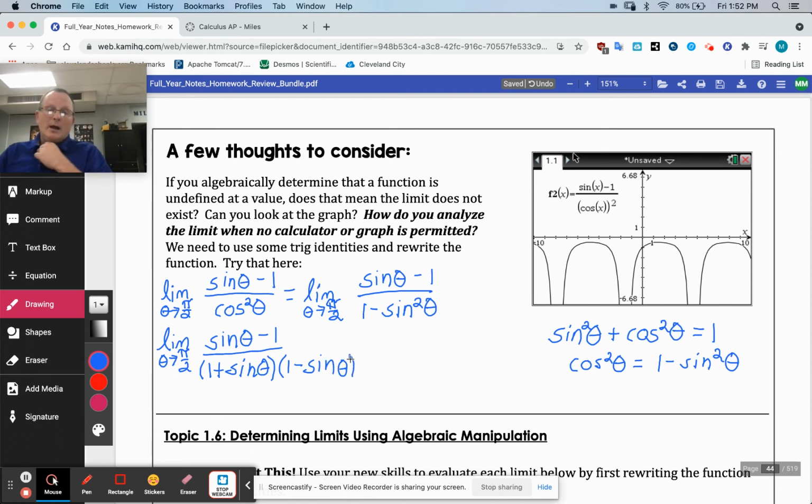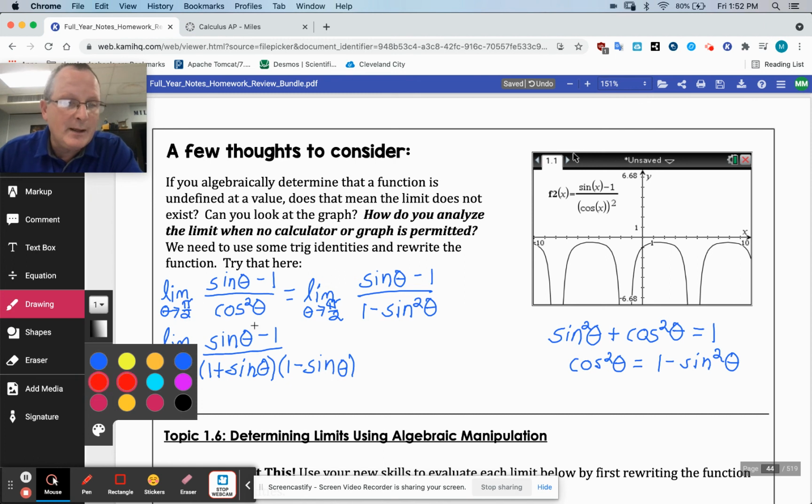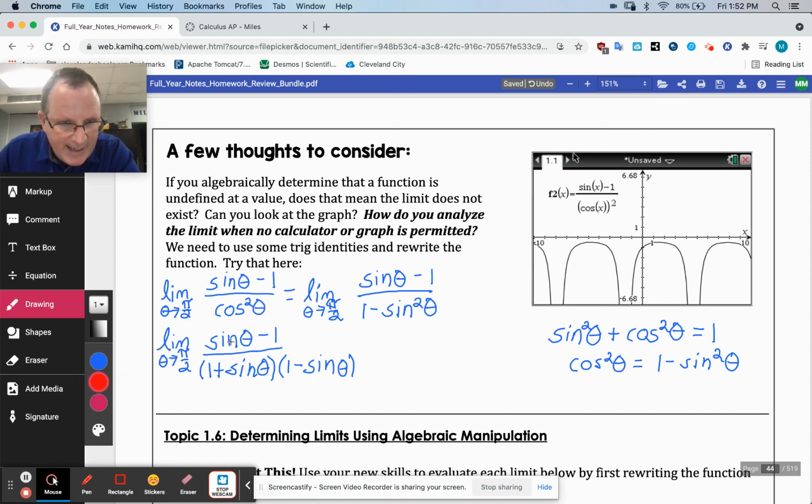Awesome. Now that will simplify, but here's the thing. Those two are not exactly the same, but if I do divide them, I'm left with a -1. So this will equal -1